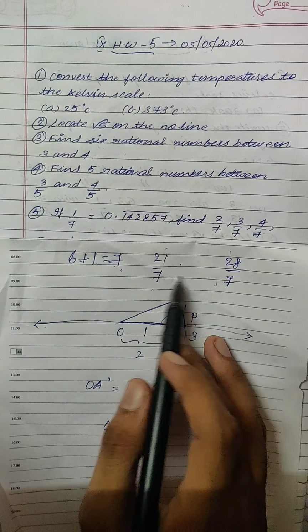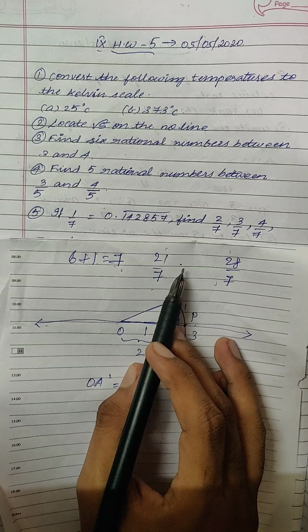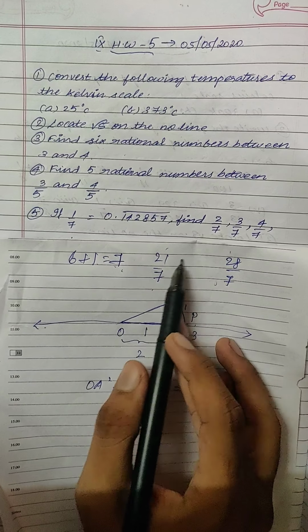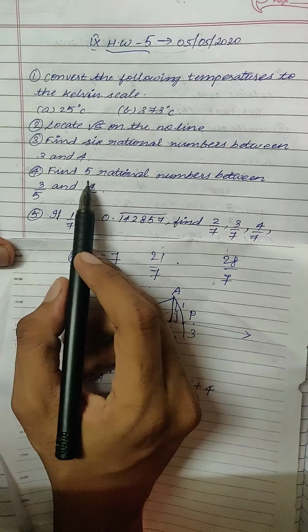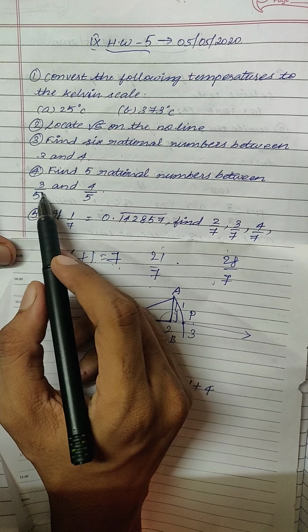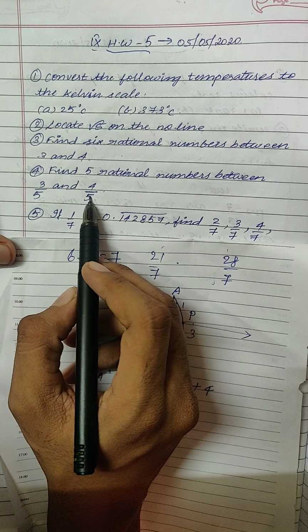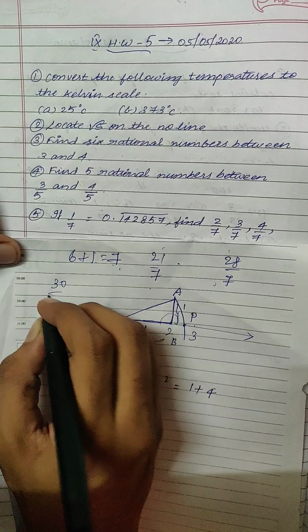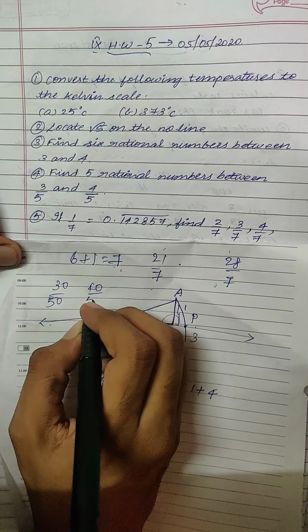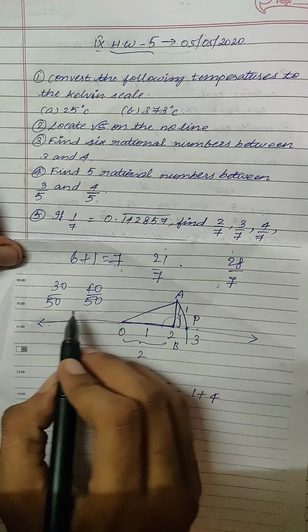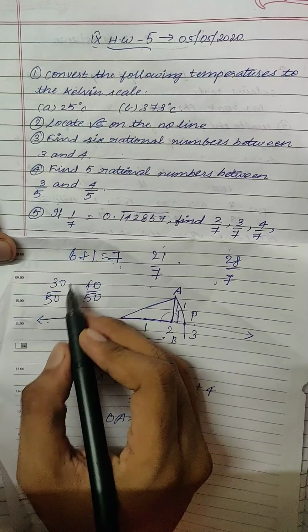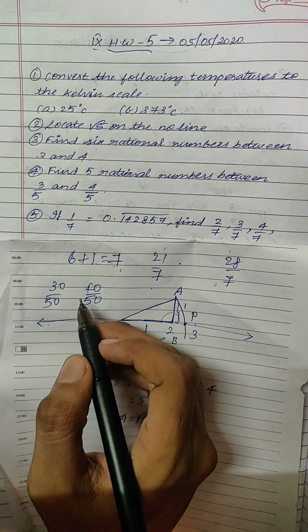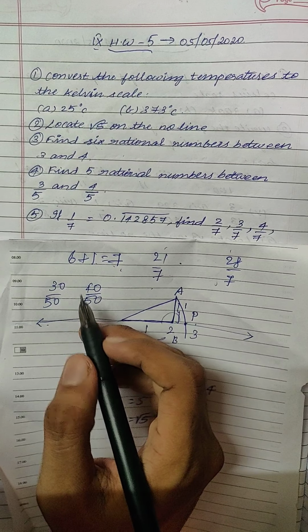Now the rational numbers between these two are 22 by 7, 23 by 7, 24 by 7, 25 by 7, 26 by 7 and 27 by 7. Okay, so these are all the answers. Same thing in fourth question, they have asked for 5 rational numbers. So in questions which are in fraction format, it is very simple to do. You can just do into 10 into 10 here and into 10 into 10 here. So this will become 30 by 50 and this will become 40 by 50. Okay, so now you can find many rational numbers between these two. You can write 31 by 50 or 32 by 50 or 33 by 50 or 36 by 50. If it gets further simplified, you can do it with 2 tables, or else you can leave it as it is. That's up to you.